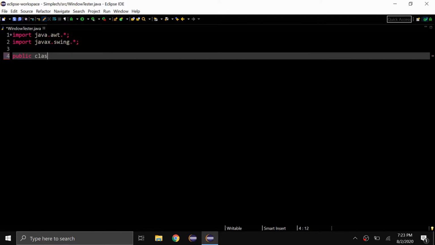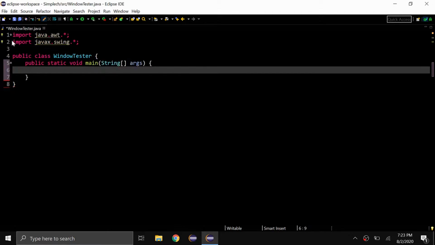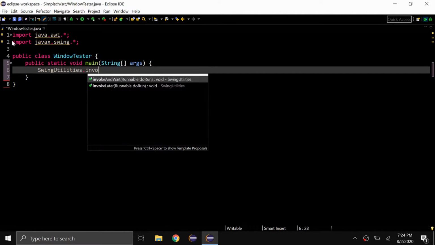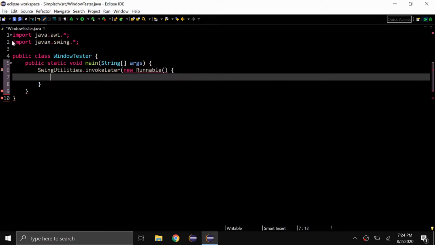Now I'm going to write my class statement. I'm going to say public class WindowTester, because the name of my class is WindowTester up here. I'm going to open a bracket and say public static void main(String[] args). This is my main method. Inside the brackets for the main method, I'm going to say SwingUtilities.invokeLater and open parentheses, new Runnable, and open and close parentheses. I'm going to delete the closing parenthesis for the invokeLater, and then I'm going to open a bracket, enter,